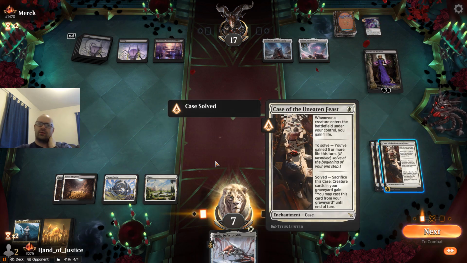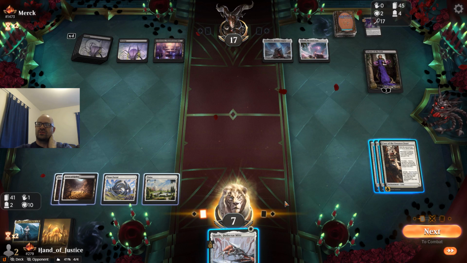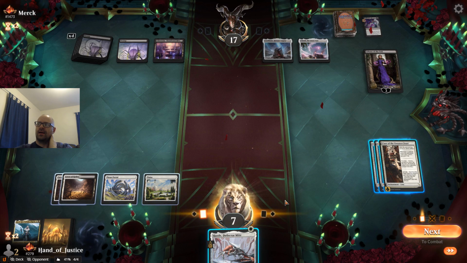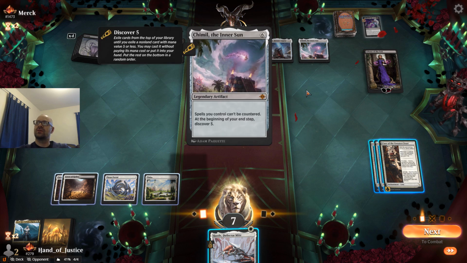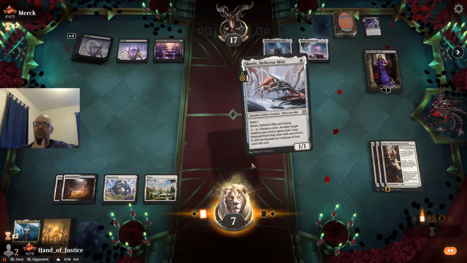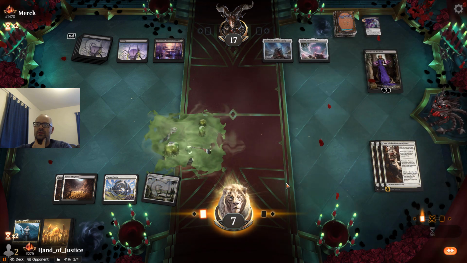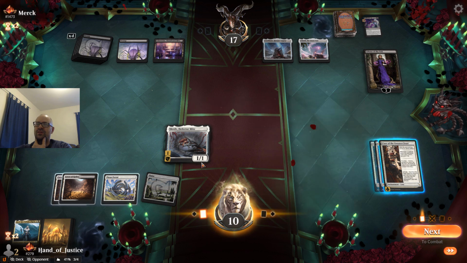Okay, so if we sack one of our cases, we can only get back Ellis Core, which is not that exciting. Is it enough? I think it might be. I mean, they're going to keep discovering 5, which is ridiculous. But I think not doing it is not going to work, so... Get the life. I suppose it doesn't matter the order here, but...